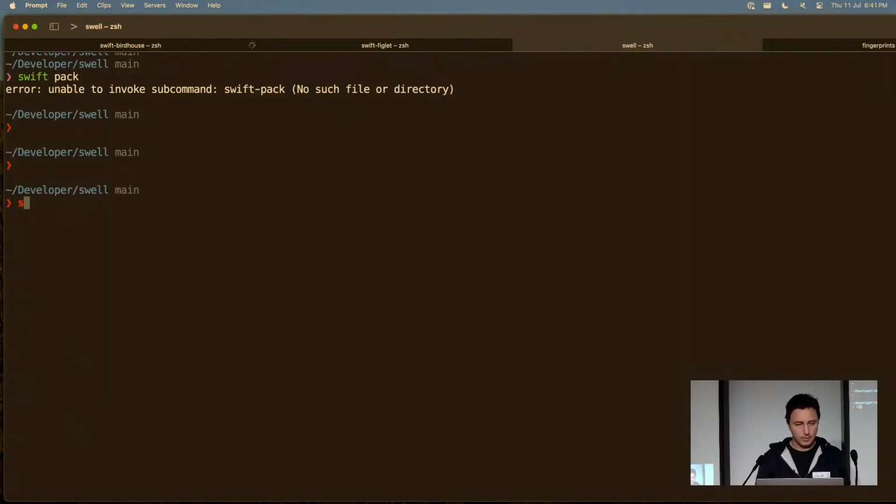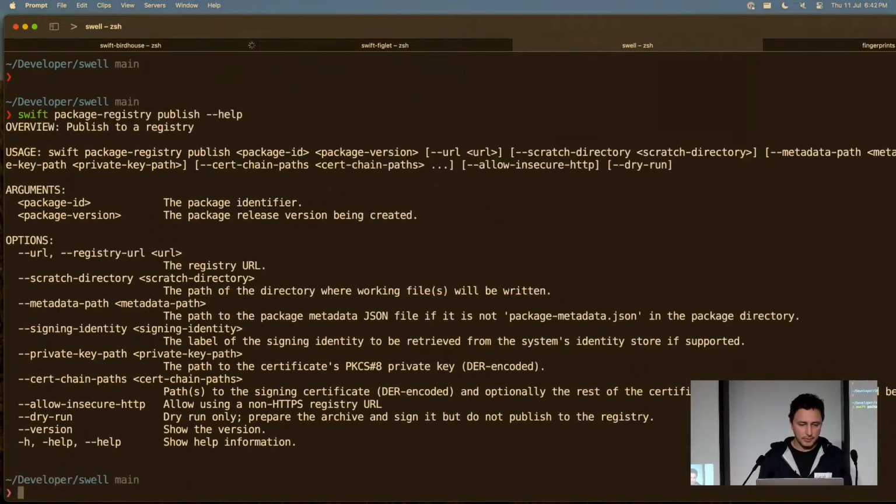Okay, so I'm going to do swift package-registry publish. I'm going to publish swell into a package registry. I'm going to do help because I'm blanking out. And I'm going to set a scope, Marcelo.swell, which is the package name. I'm going to do a version. I'm going to do a URL, which is where the registry is, which is going to be on